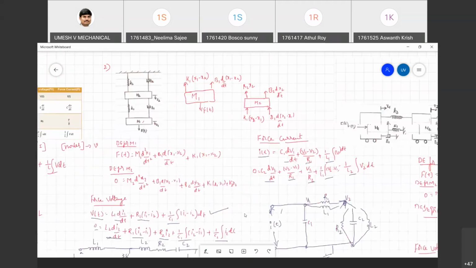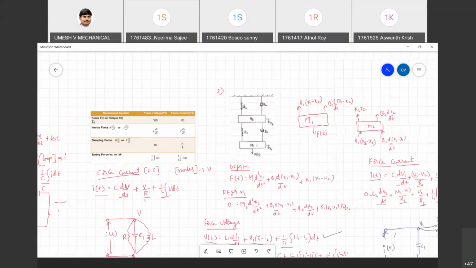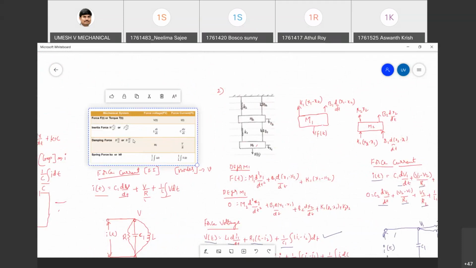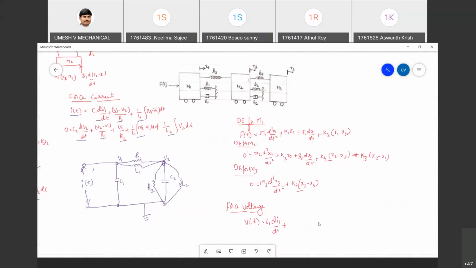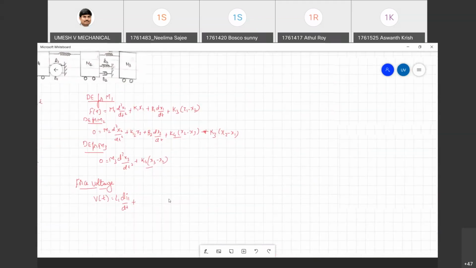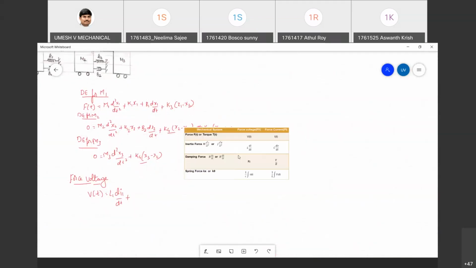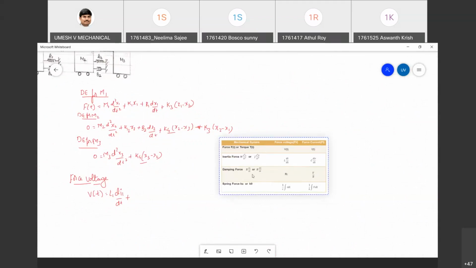What's wrong with you guys? I don't know. At least if I ask, you could respond in the chat box. Then I'm also happy. Otherwise it is one-way communication, what is the use? Look at the first equation, at least it is visible on the screen. If it is difficult to open your notebook, it is easy to look at the screen and tell me.